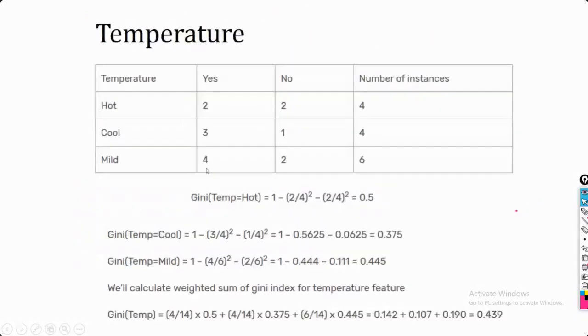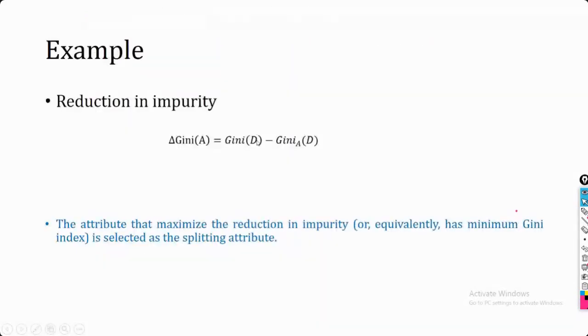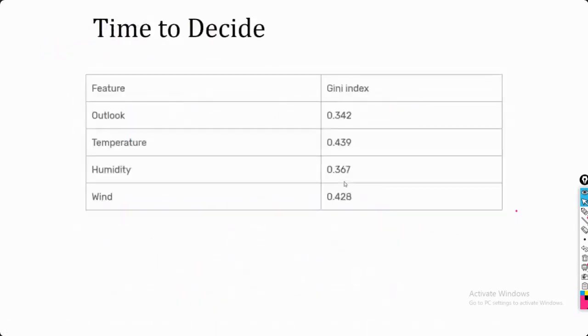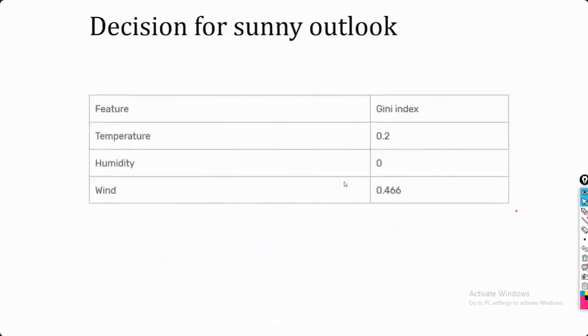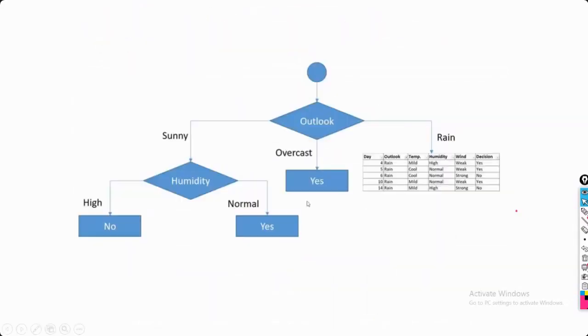Either you can perform the whole calculation, or based upon this minimum you can select it, because this is basically the fixed one for all partitions. So based upon this also you can select, either complete it or select it in between. It's not going to affect your result. Next, humidity we have selected at this side.